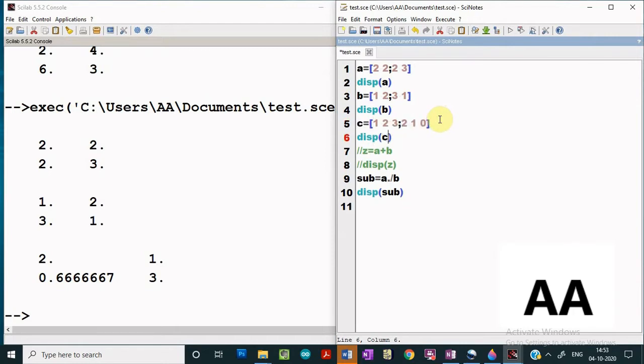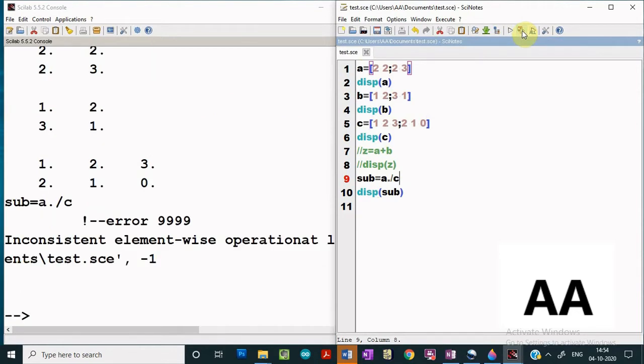Display C. Now over here, what I'm trying to tell you is this: if I replace this B matrix with the C matrix, you see that the order of matrix A is 2 by 2, whereas the order of matrix C is 2 by 3. If I use this operation, will I get the correct result or not?